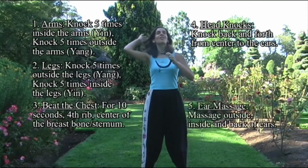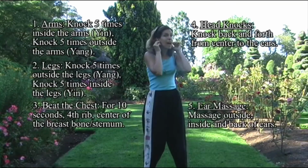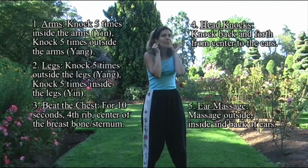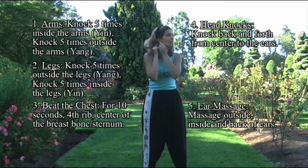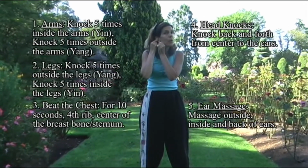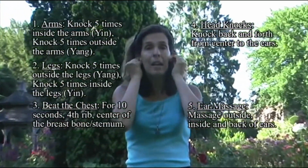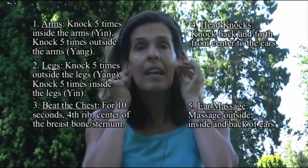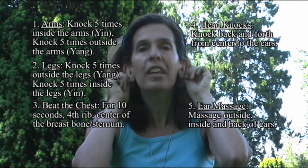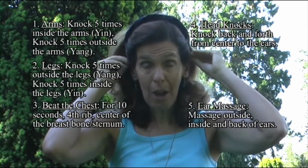And then we're going to just finish up waking up our meridians with a nice mini massage of our entire body, and that is with the ear. The ear is a mini microcosm of the entire body, an inverted fetus where the baby's head is here, the baby's back, and the internal organs in the center of the ear. So just begin at the top of the ear, middle of the ear, and the lower concha, the lower indentation, and then walk up the outer helix of the ear, the outside, the spine,